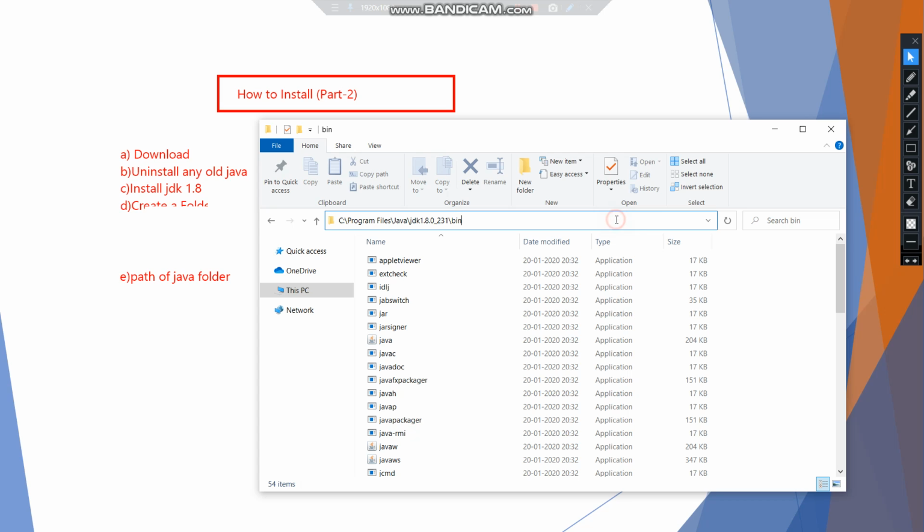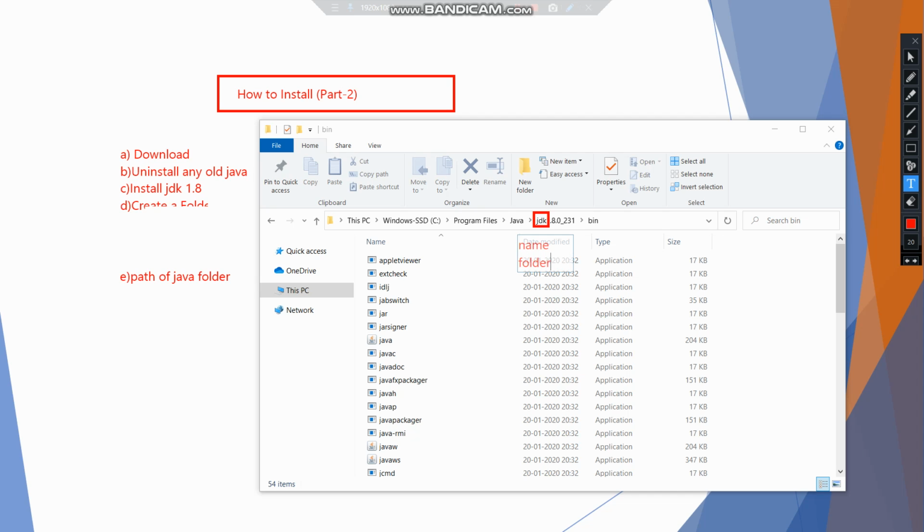Now, basically, I'll tell you what are these things in this path. Okay. So first, if we see this JDK, here you can see this JDK. Okay. So what is this? This is basically the name folder.